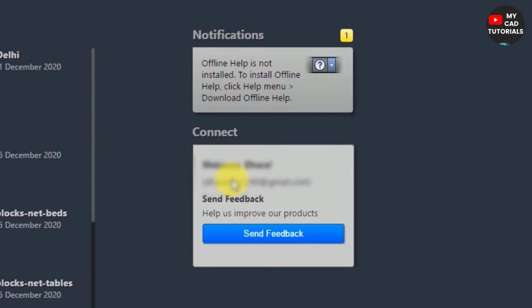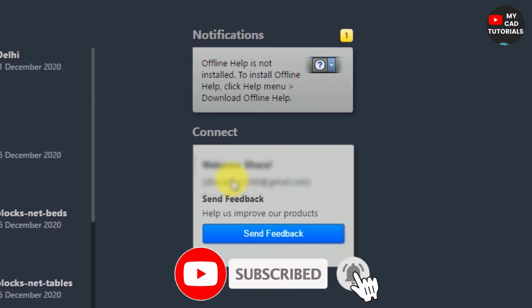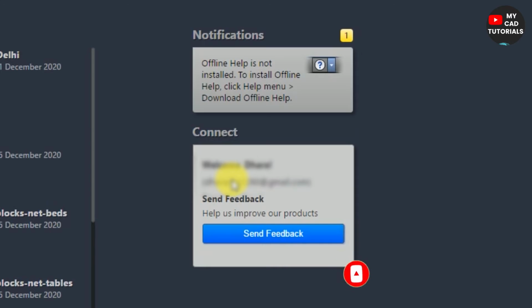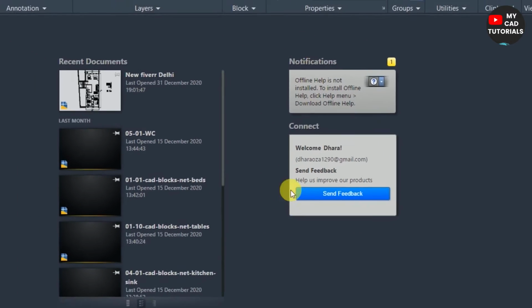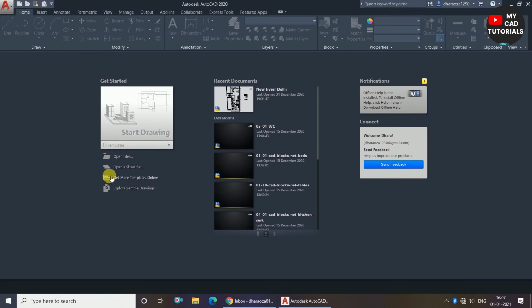If Autodesk has any upgrade in the AutoCAD version, it will show you in a notification. If you want to give any feedback, you can write that in Feedback. We can also see tutorials and learning sources from here. So we have seen the three parts: Get Started, Recent Documents, and Notification.